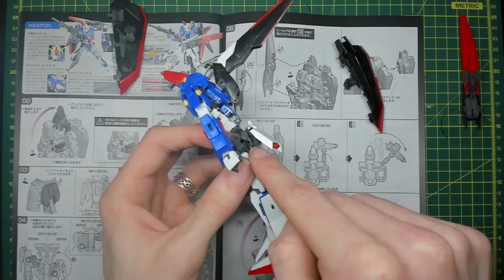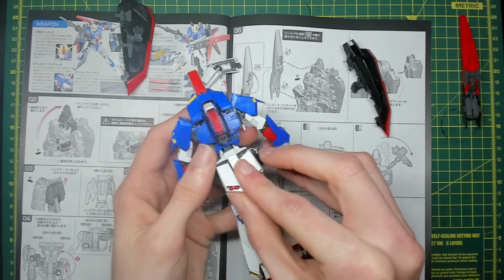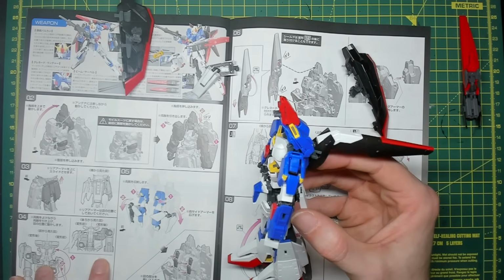Like, it feels like this bit here... There! Yes, this bit does go up, indeed. Does it go up more than that? I'm gonna go with no. That bit up. That bit down. And then...